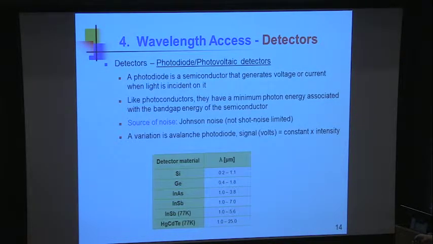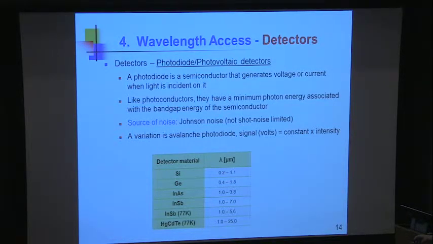What kind of detectors do we use? Well, the wavelength you use dictates the detector that you use. The detectors tend to be what are called quantum detectors. That is, they respond to individual photons. They're designed with material properties such that they can respond to the energy of the photon. For photons in the 0.2 to 1 micron range, you could use silicon and so on. So each of these detectors, indium arsenide, indium antimonide,